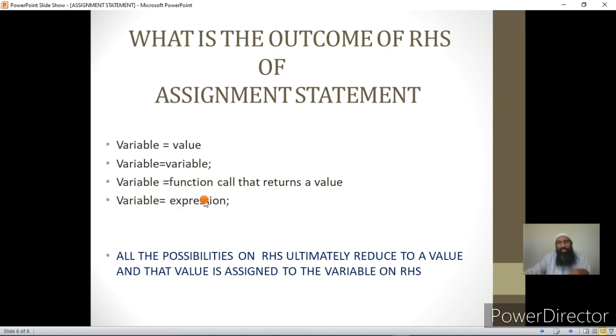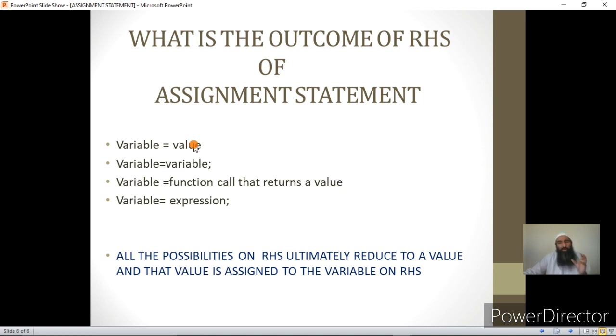Once that expression is evaluated using the rules of precedence, associativity, typecasting, etc., ultimately that value will be assigned to the variable. So whatever possibilities are on the RHS side, these possibilities ultimately reduce to a single value, and that value is assigned to the variable. You can note down that in an assignment statement, whatever is in the RHS ultimately reduces to a single value.